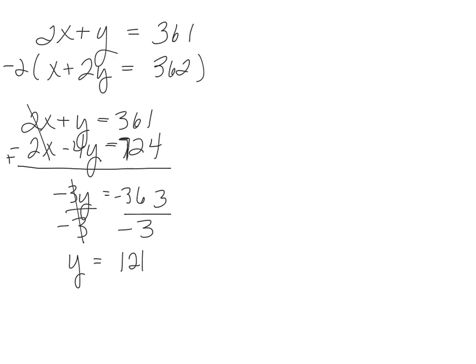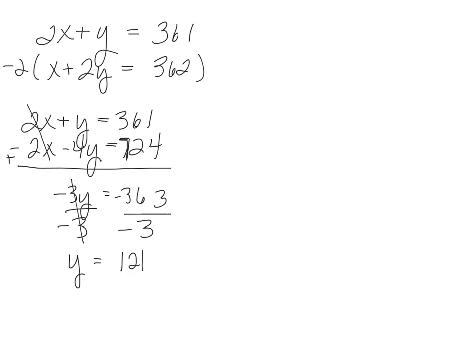So I transferred this over and started to solve for y. Realized I wasn't recording, so I started recording and I'll catch you guys up. This is where we ended off in the last slide. I multiplied the second equation by -2, which gave me this equation right here. Then I added. Those cancel out. I have -3y and -363. Divide by -3, cancels those out. Divide by -3, and I get y equals 121.